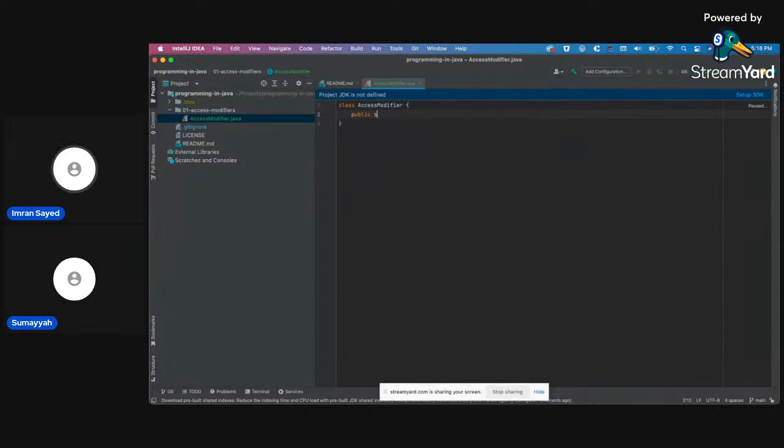Public static void main. I'm getting auto suggestions.